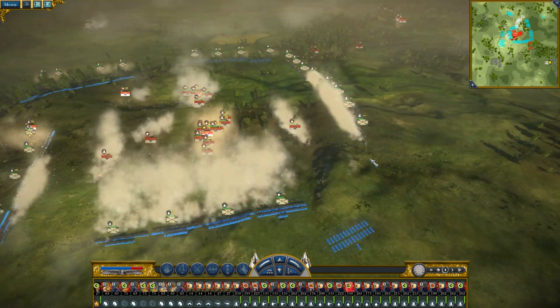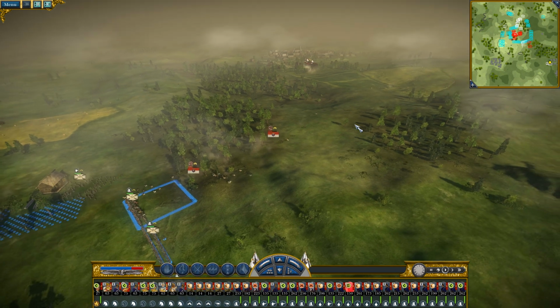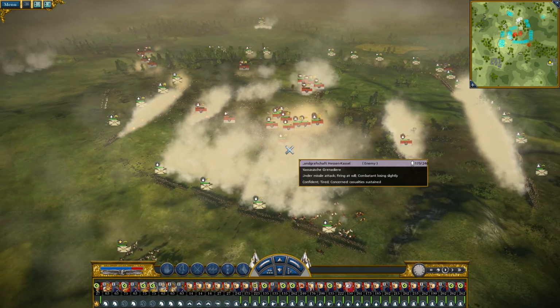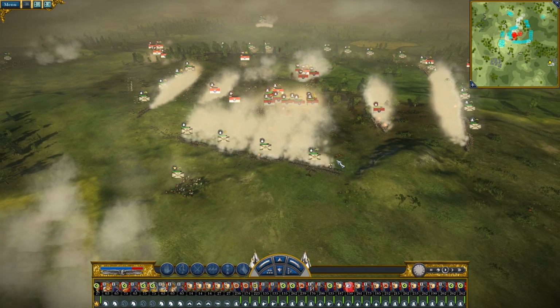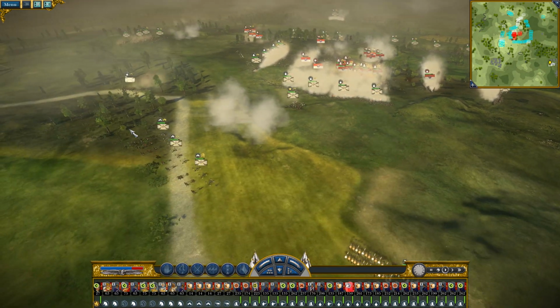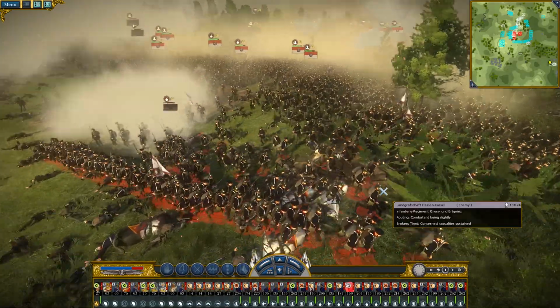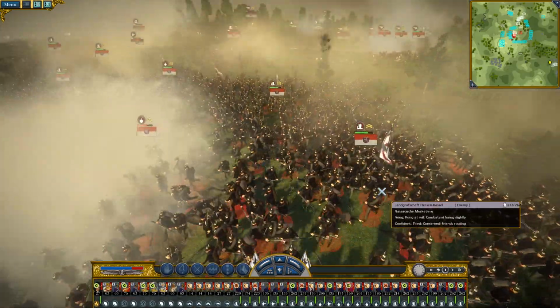I can hide the general right here. Oh, we're getting attacked from the rear. I was able to order in the square just in the final moment there. What a battle. There's still a lot of enemy troops though,